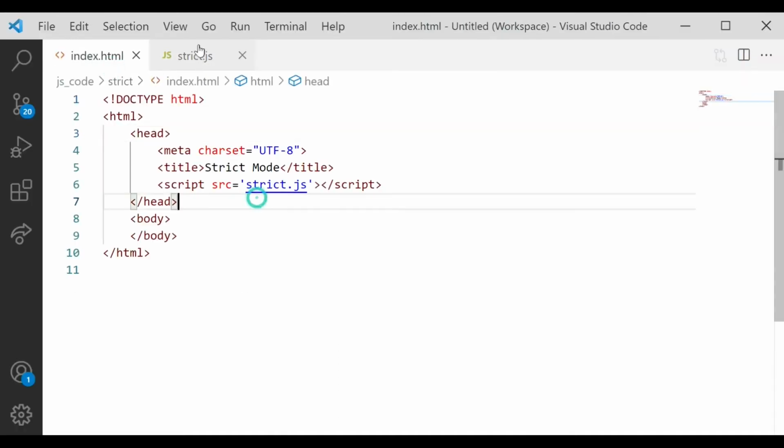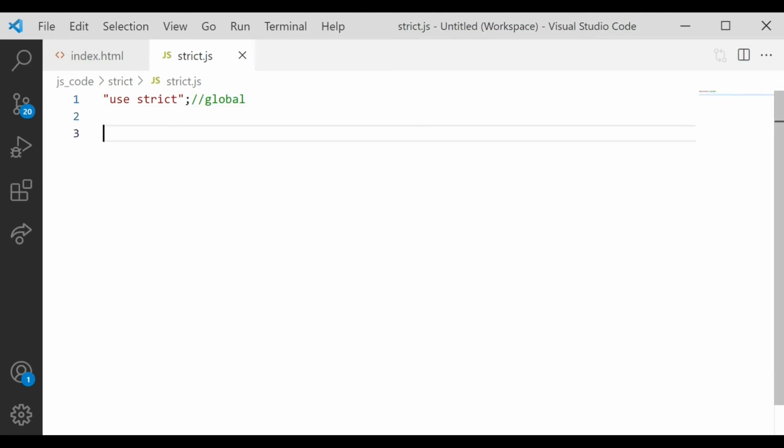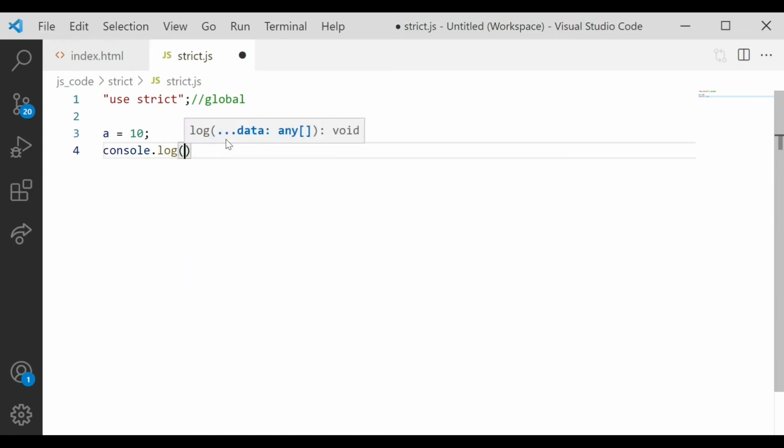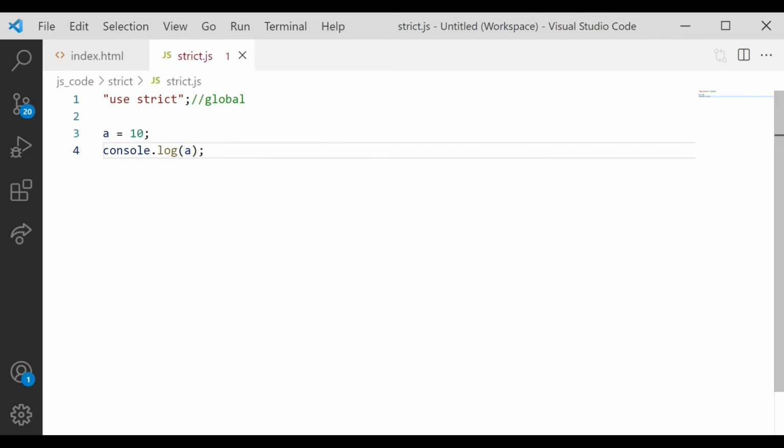So here I have my HTML file and my JS file. So firstly, let's declare. So you write in string use strict. That's it. So this is a global declaration for now. We can do it in two places, either global or local. So let's say I'm assigning a value a equal to 10 over here, and I'm doing console.log of a. Let me just comment the very first thing. Now if I execute this,